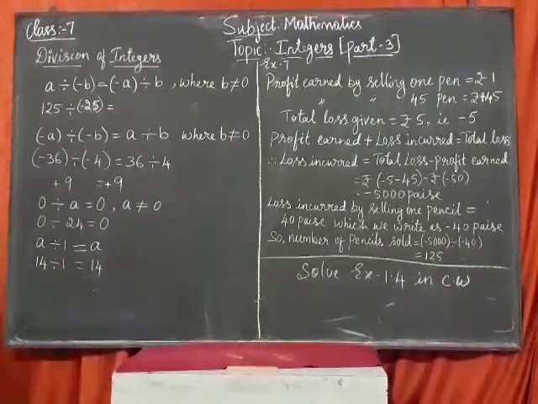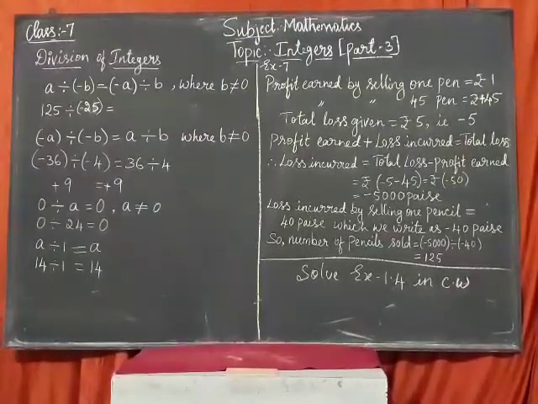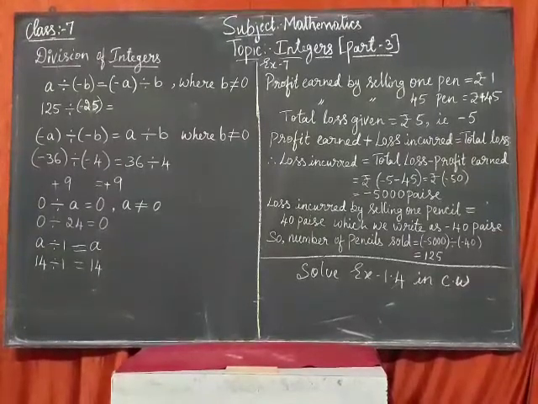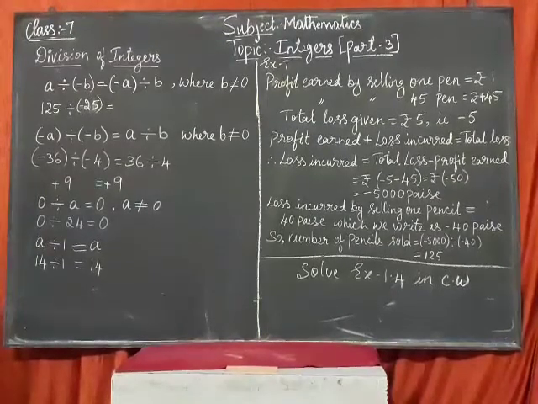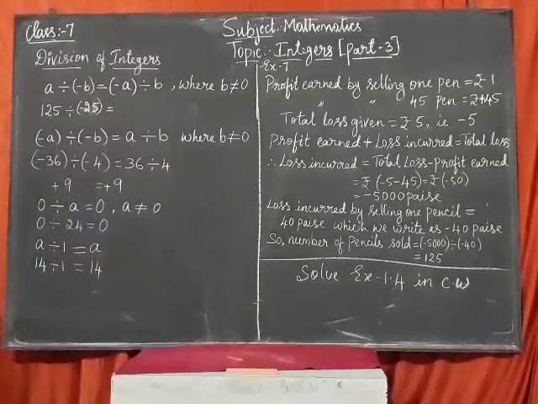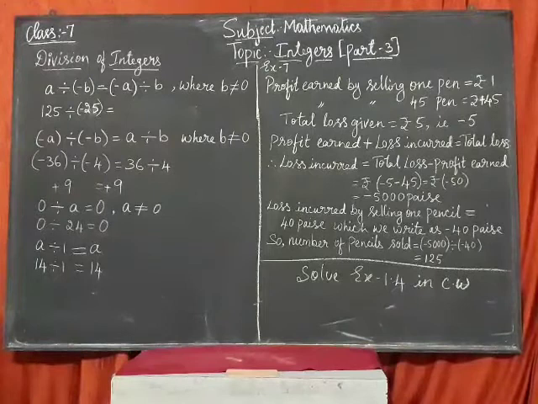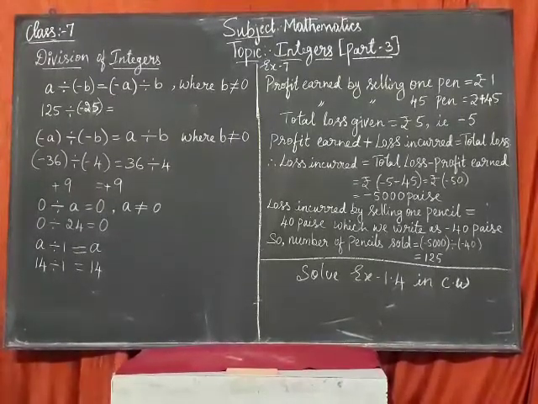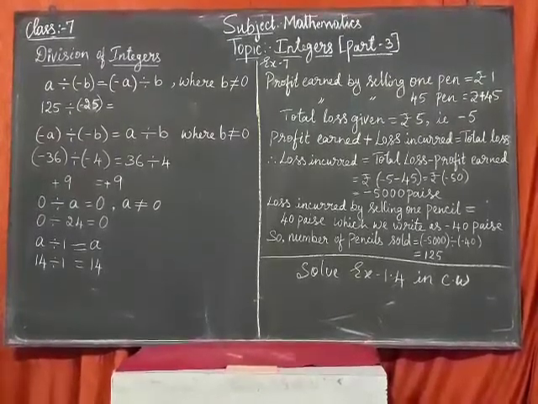Now coming to the problems here, what you have on the page 25 from your textbook. Once they say it is a profit, you should understand that is plus. You are getting a profit, it is plus. When it is a loss, it means minus. When you are securing the marks, it is plus. When it is a deduction, when it is removed, it is minus. That you have to understand when you are reading the worked examples.